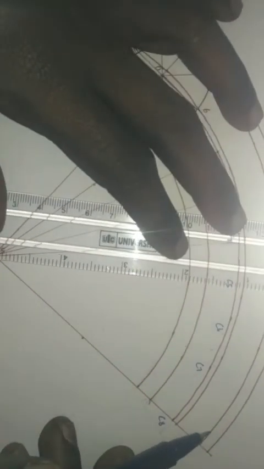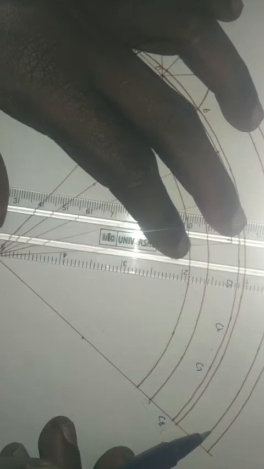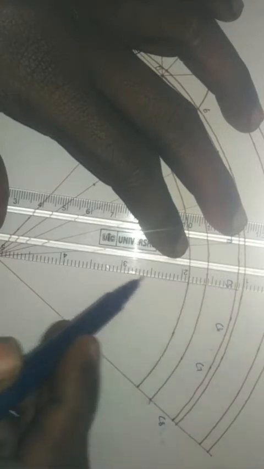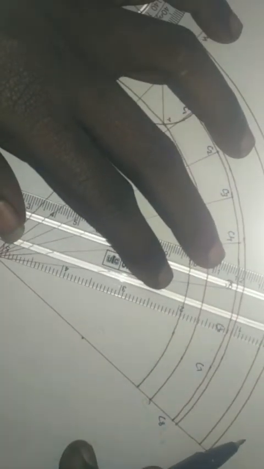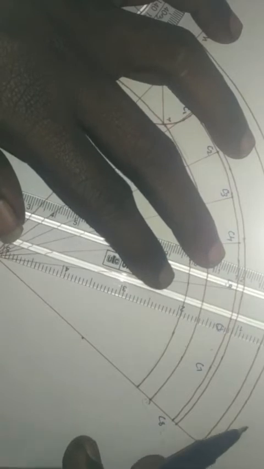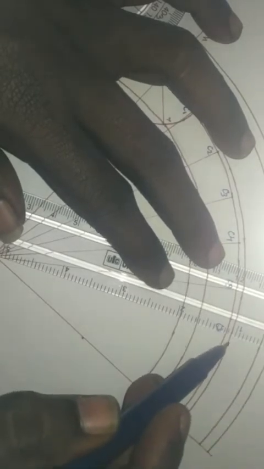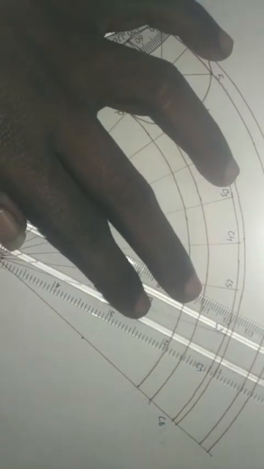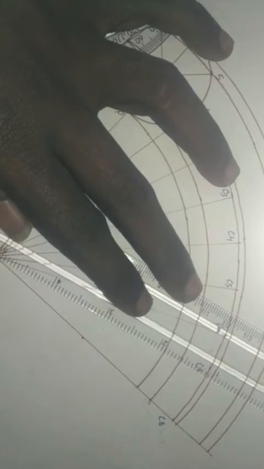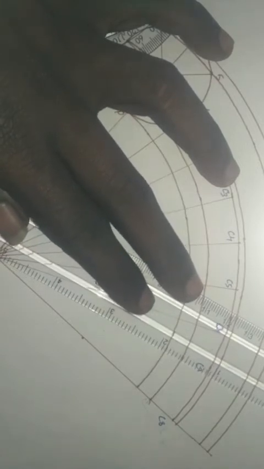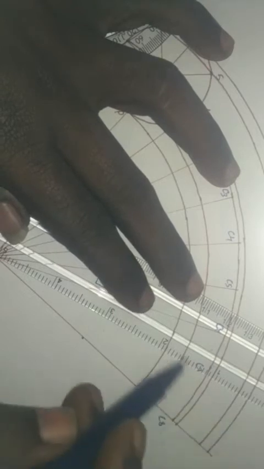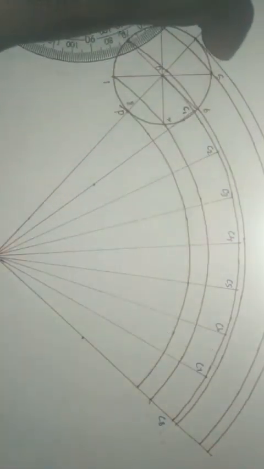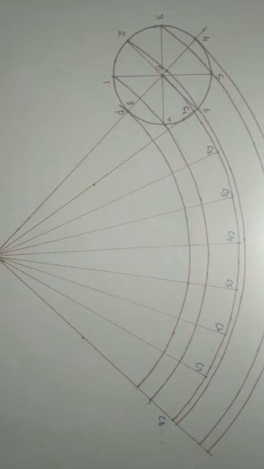So we are going to take these center points C1, C2, C3, C4 up to C8. By using this, we are going to get the points P1, P2, P3. By connecting those points, we can construct the epicycloid. So the remaining procedure is same as what we have followed in the cycloid. We are going to take C1, C2 as a center and the rolling circle radius, and we are going to make an arc over the arcs which are projected from the 8 divisions.